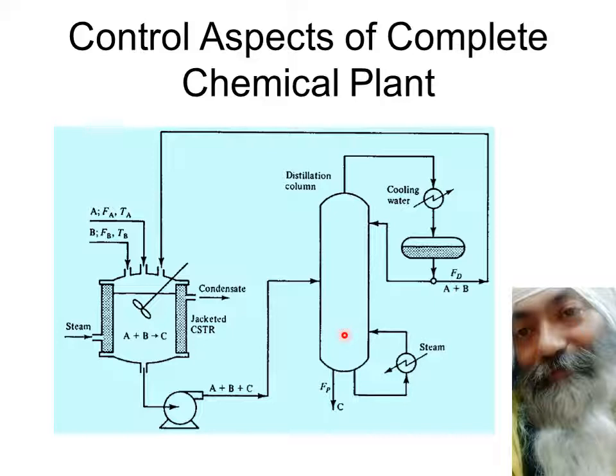It looks like the moment we have just two simple single units, they are connected in such a manner that this unit is affecting this unit and this unit is affecting this unit. So a great amount of constraints are there, a great amount of objectives that need to be achieved. So we have to control FA, and we have to control FB, and you have to control the steam over here, and you have to control the amount of feed going out.